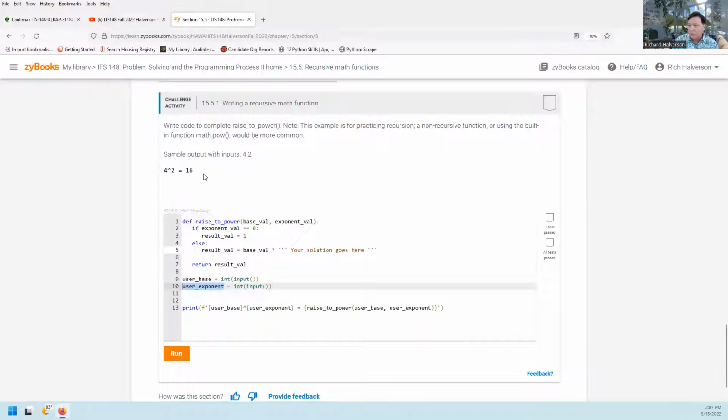This is 4 times 4. If this were 7, 4 to the 7th power would be 4 times 4 times 4 times 4 times 4 times 4 times 4. So this is going to be the loop thing. That's why it's the exponent. This is the base. So we are raising the base to the exponent, and each time we come into this, we're going to take that base value and multiply it